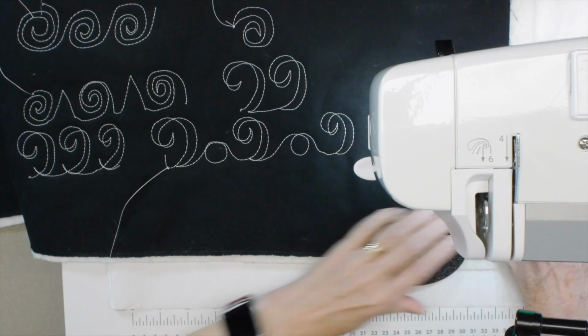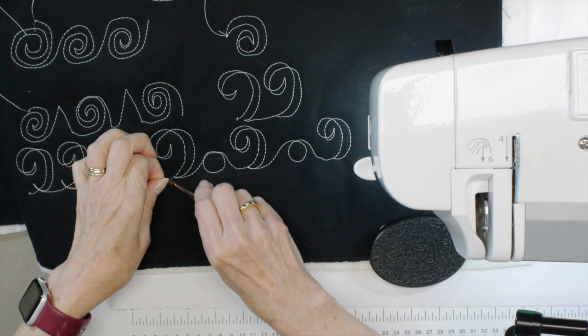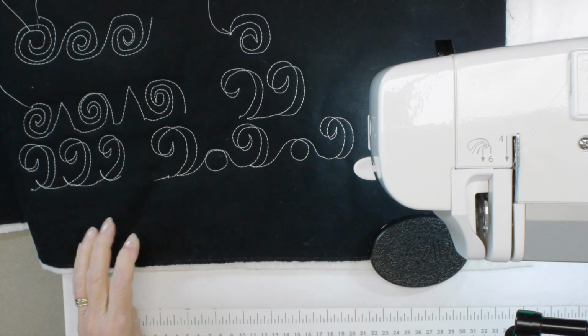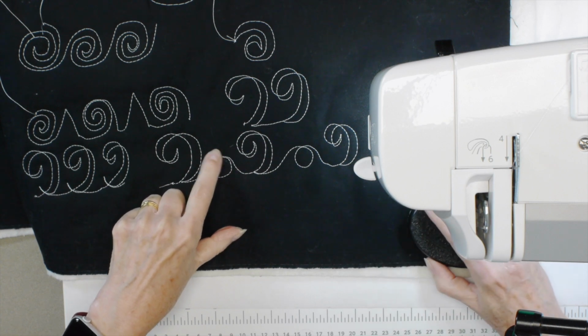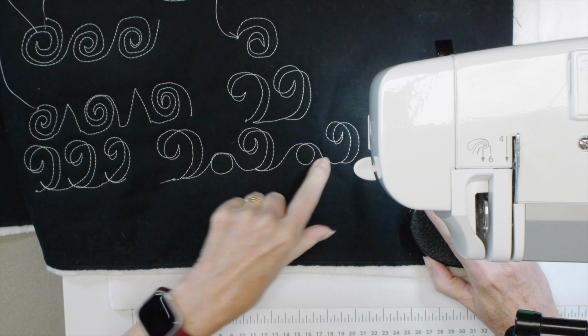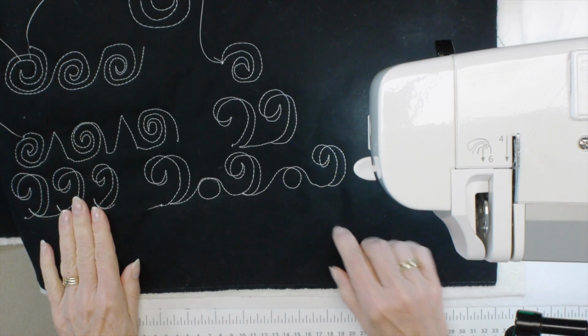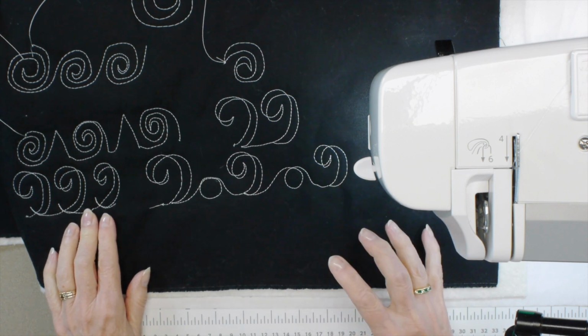So you can see that this can extend your design quite a bit with just putting that little circle in the middle. And while I put a simple circle in the middle, you could do like a double loop if you wanted to. You could have a double loop where the second one is at the top in that one and maybe at the bottom on this one before you continue on. So lots of different things you can do there as well, but I think it's kind of fun to add something in between those ribbon swirls when it's in a border area.